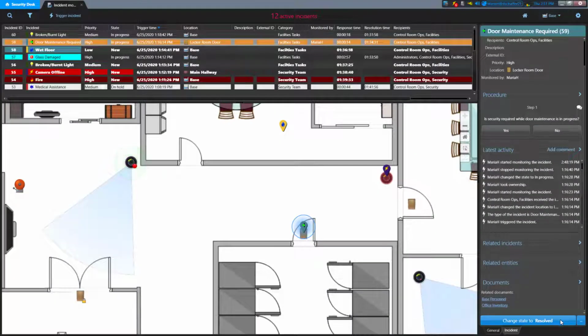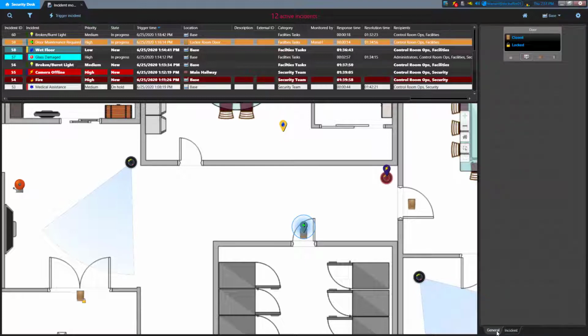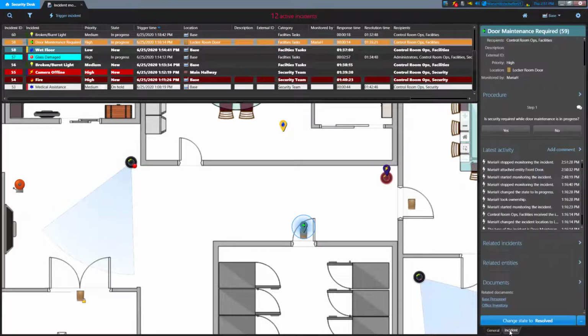On the bottom of the Details pane, there's a quick state change button, a menu button represented by 3 dots, and tabs to change what we're seeing in the Details pane. When working on an incident, you'll notice you typically transition from one state to the next in a fairly normal order. The incident is in a new state, then goes in progress while you're working on it, finally you resolve it, and once you've reviewed the incident, you can put it in a closed state.